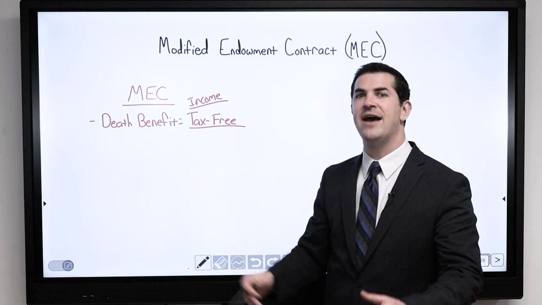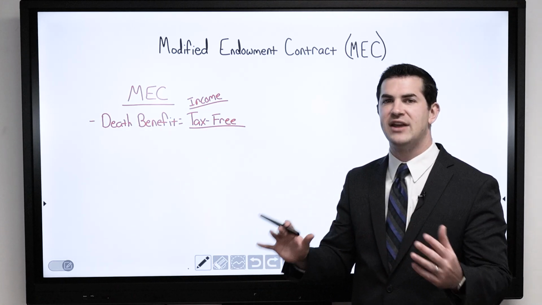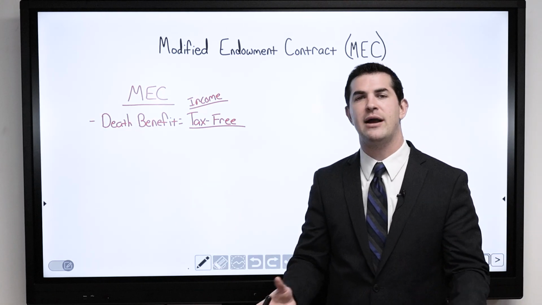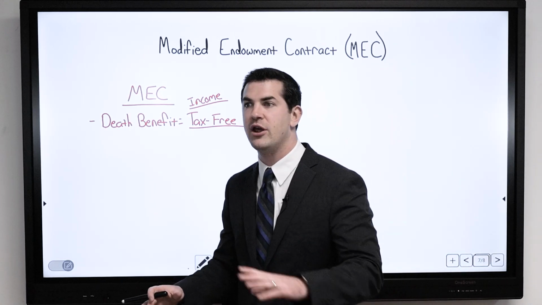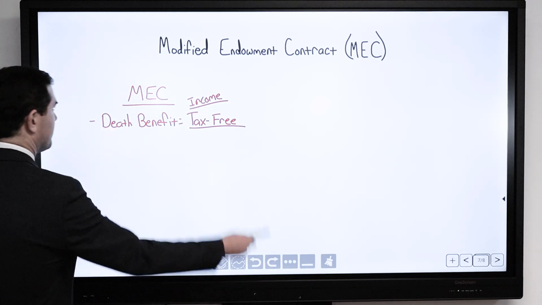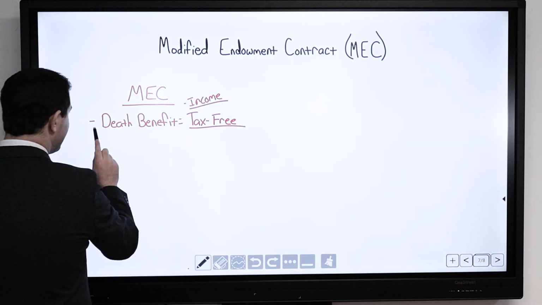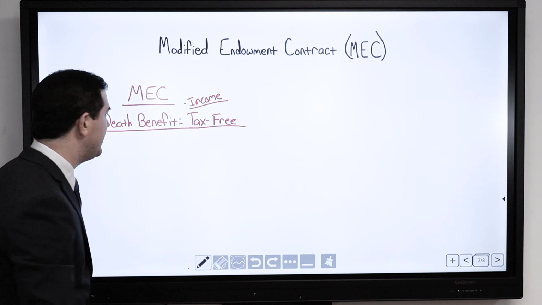However, if I have a high net worth, death benefit proceeds are not automatically exempt from estate taxes. Good to be aware of that. If I have a high net worth, I want to establish some type of trust or have my planning set up properly where I can still leave money in the most efficient manner. Now, regardless of a life insurance policy being a MEC or not, the death benefit proceeds are treated the same in the sense that they are paid out income tax-free.